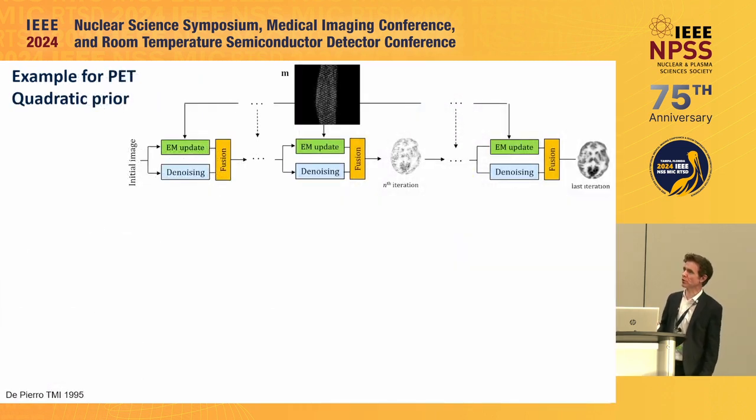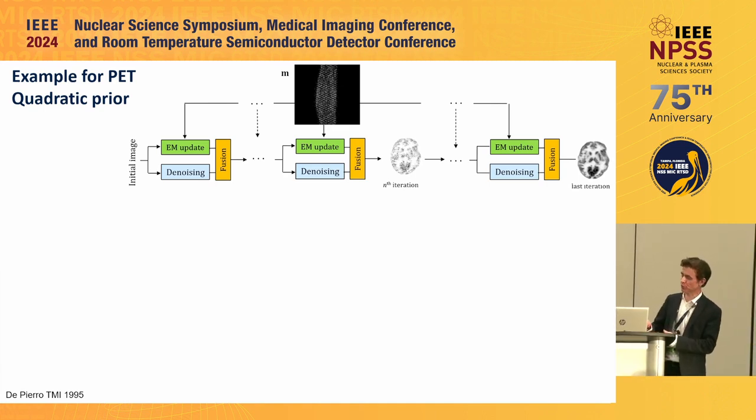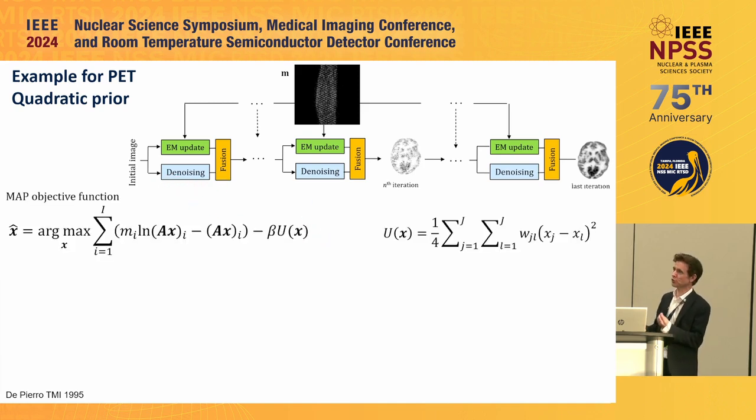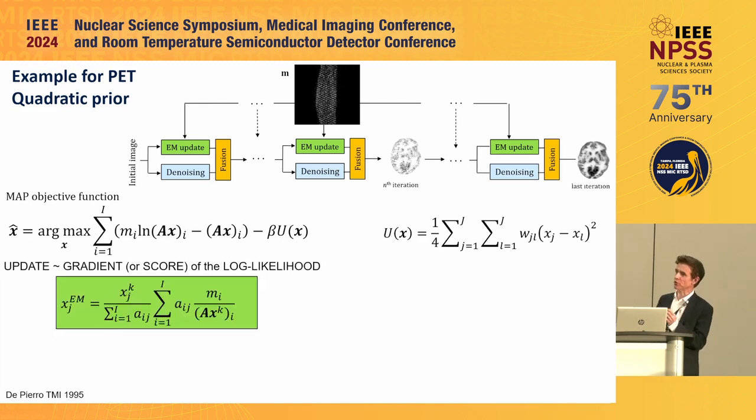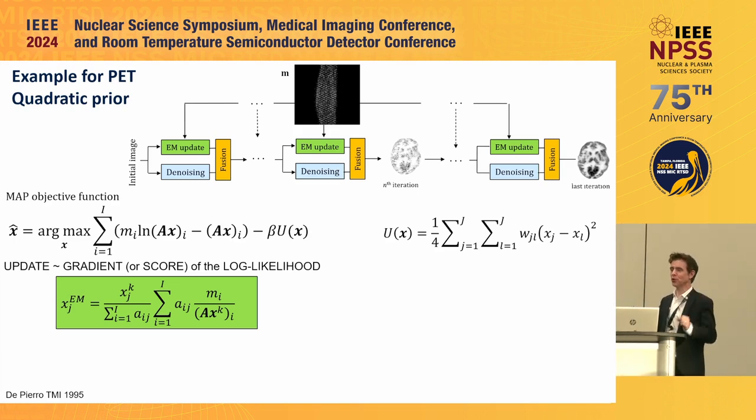Okay, so what does that look like in implementation? Well, this is a very simplified perspective of how you go about doing a reconstruction. We've got our familiar EM update that I've just shown you earlier, but now we have some kind of regularization or denoising update. So we've got two directions to deal with. First of all, we're dealing with the gradient of the Poisson log likelihood. I'm going to introduce the notion of the score here just to warm you up for when we get to score-based generative models. So we can view the update as being related to the score of the log likelihood, where